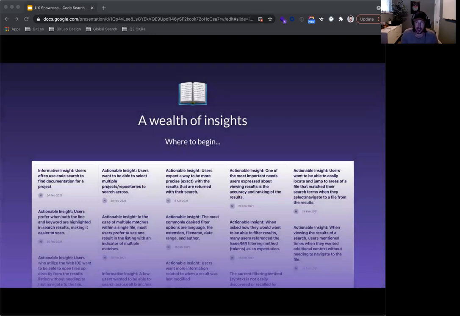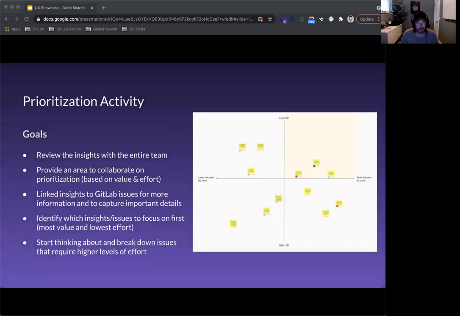Through these sessions, we gathered a large wealth of insights for us to address. And the question really was, where do we begin? To determine this, I set up a prioritization activity with the global search team. We were able to schedule the first portion of this activity as a synchronous session, with the ability for asynchronous collaboration following that. To set the stage for this activity, I first created a 2x2 matrix